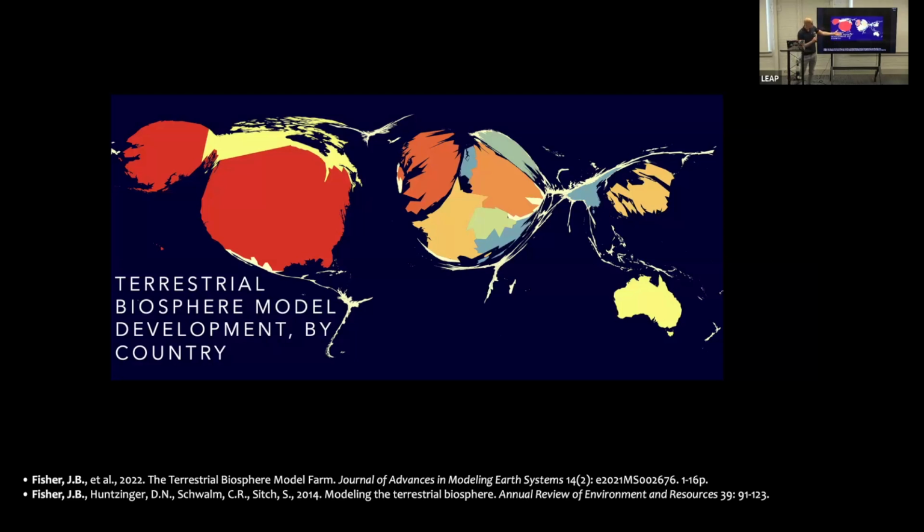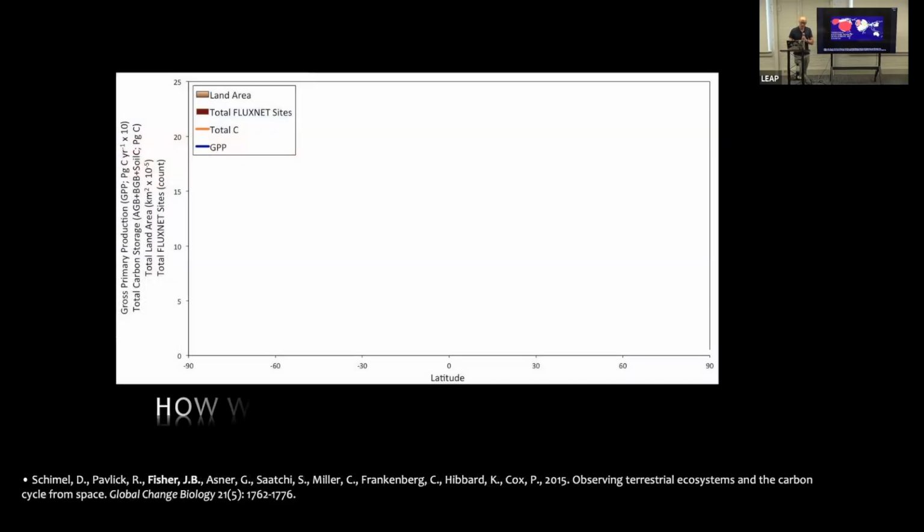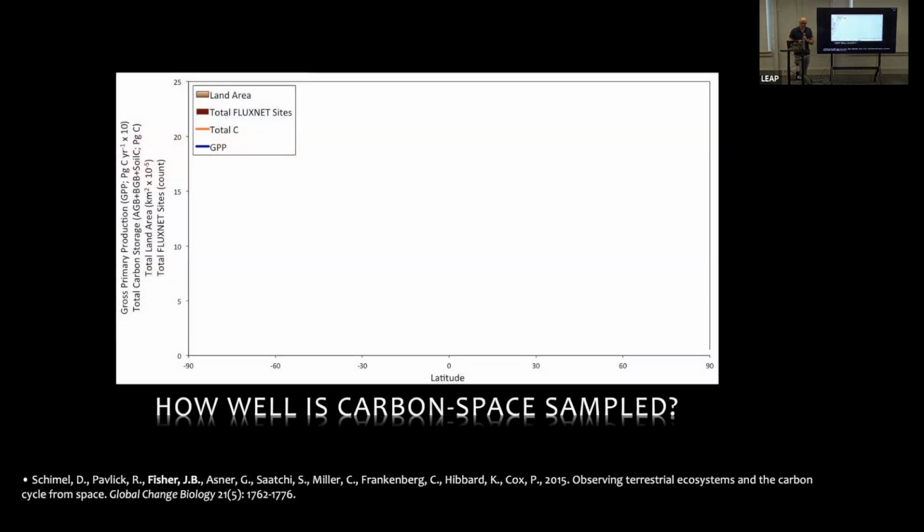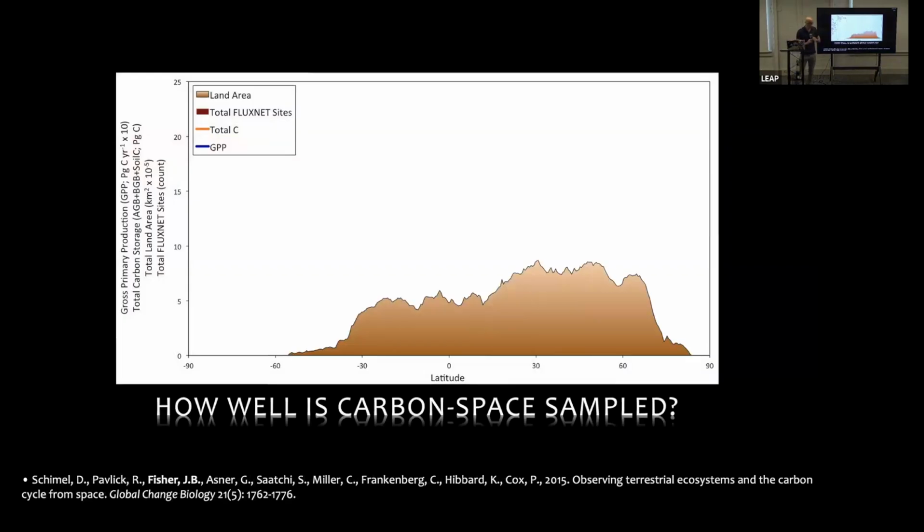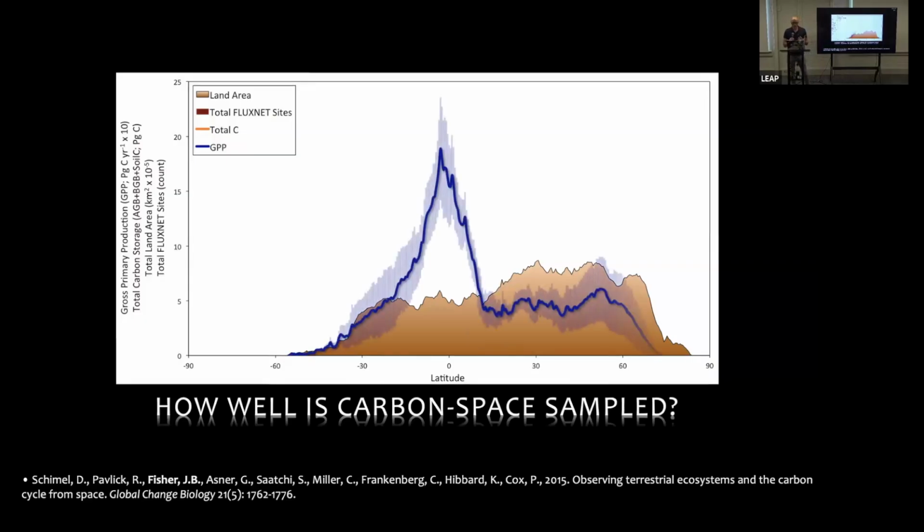But there are still huge regions of the planet that are woefully underrepresented, right? So if we look at how well carbon space is sampled, and we look at just the land, there's a little bit more land in the northern hemisphere. This is the breathing of the biosphere, the GPP, the gross primary productivity, the photosynthesis. Most of that is in the lungs of the planet, in the tropics. But there are actually two poles of the carbon cycle, right? We've got a lot of carbon locked up in the rainforest, but we also have a whole bunch of carbon locked up in the Arctic and boreal region.